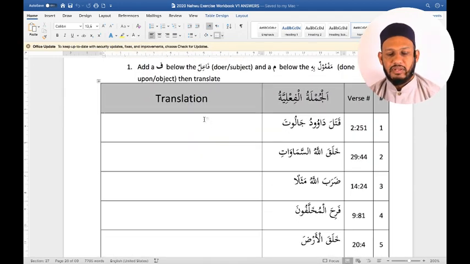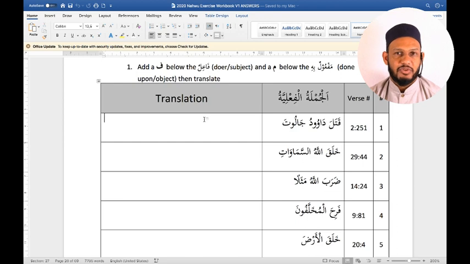So the first one, قَتَلَ دَاوُودُ جَالُوتَ. So you're going to see the same sequence. And I think one of the benefits of doing the homework is that you see the pattern happening over and over. And then the pattern basically becomes easy in your mind. So a big benefit about doing the homework is not just conceptually understanding the work, but actually to see the pattern and practice the pattern. So it becomes basically second nature after a while.